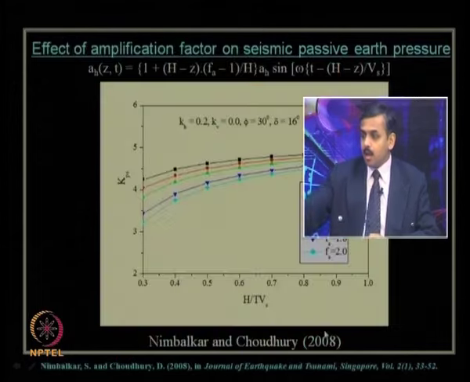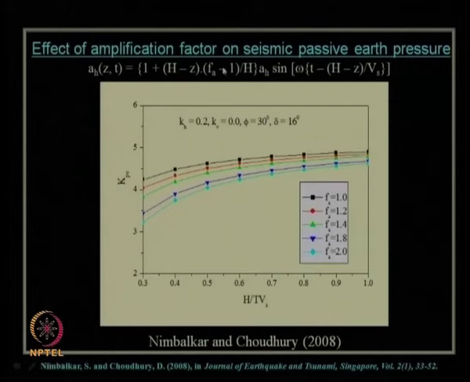Fine. Some more results, when we are talking about the effect of soil amplification, how this amplification affects the design value of this earth pressure. Let us see the seismic passive earth pressure coefficient when there is no amplification, that means Fa equals 1, Fa equals 1 means no amplification factor. Okay. At that time, depending on this value of H by TVS, you can see this is the variation of KPE for the no amplification case,